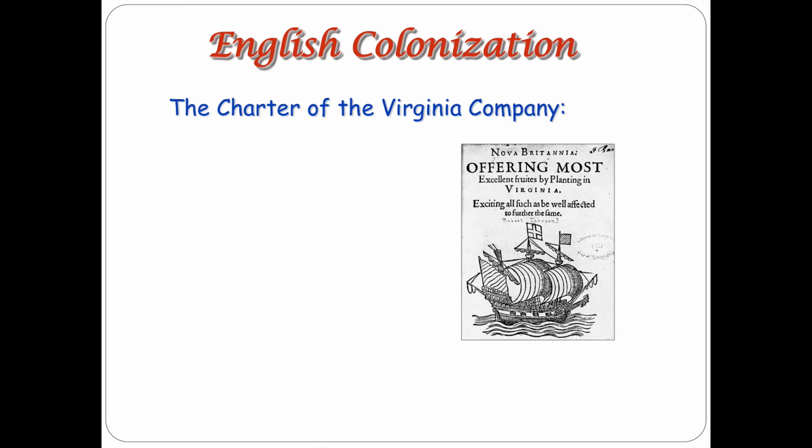Well, obviously in the beginning, they're going to think that they can find gold, but it's more important than that. One of the things the investors argue is there are three main points here that they're going to be able to satisfy. First, it's going to provide work for the poor and the homeless. That's a reason to go. There's a lot of poor in England. There's a lot of homeless in England. So this will help alleviate a lot of this.